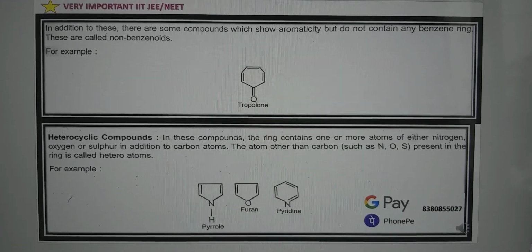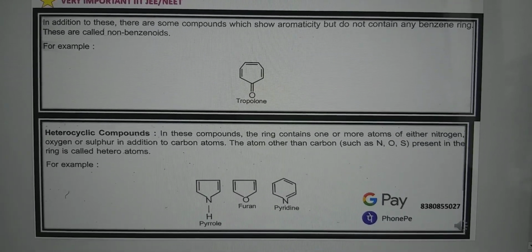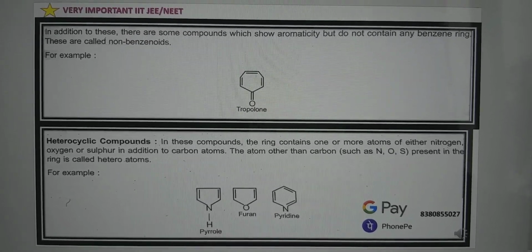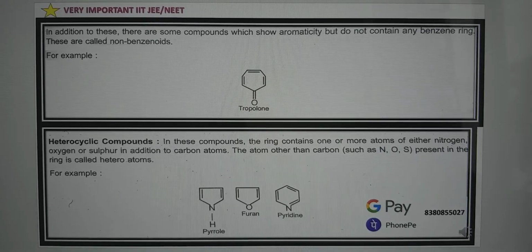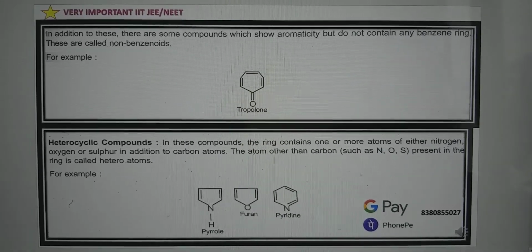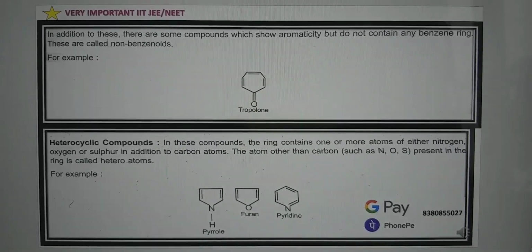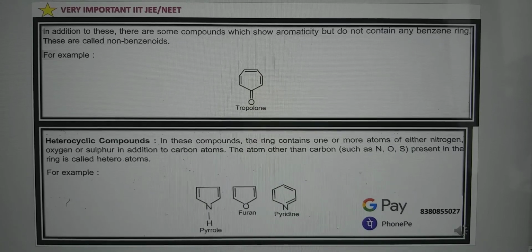I repeat, they show aromaticity but do not contain any benzene ring. So it's an exception. These are called non-benzenoids, and we all know that exceptional cases are frequently asked in IIT JEE exams in MCQ format. For example, tropolone is one of the best examples